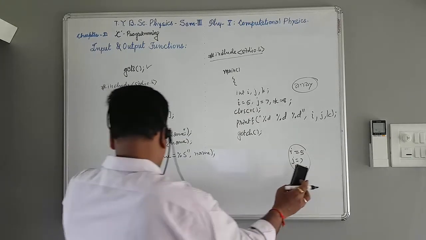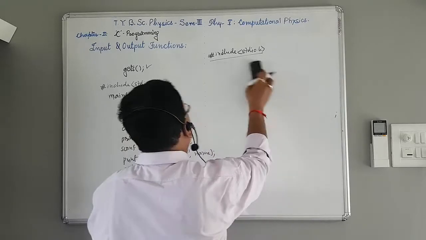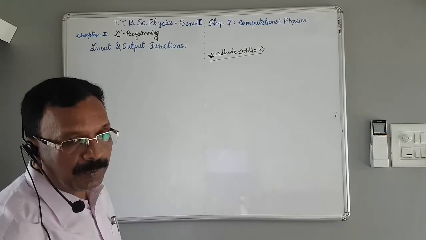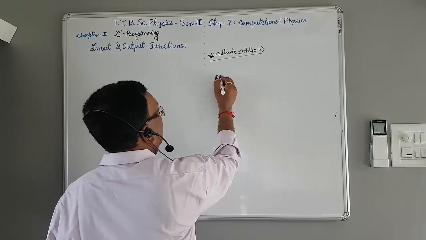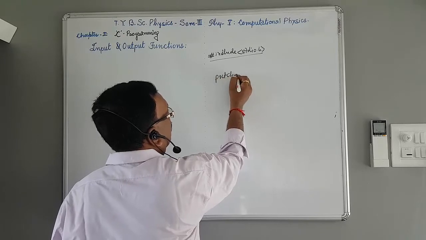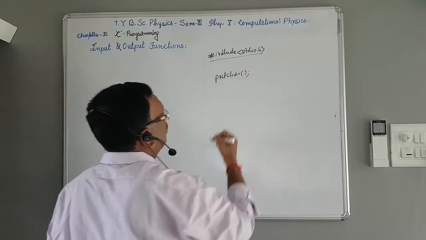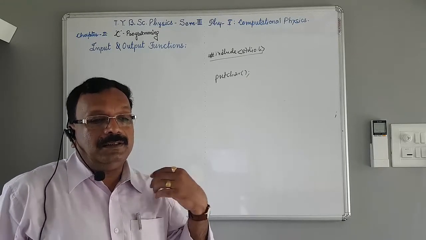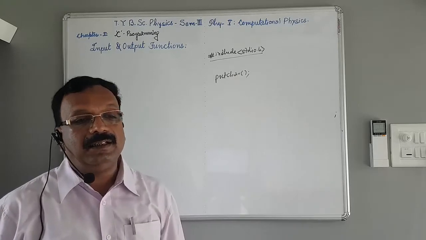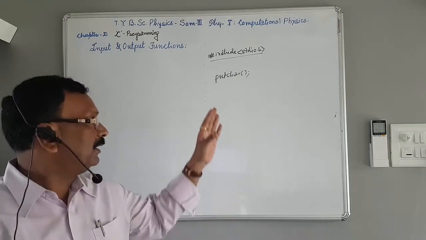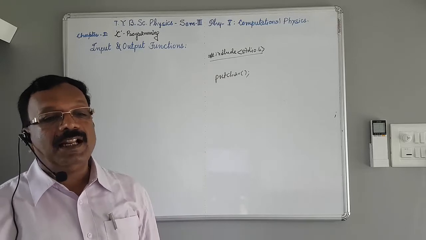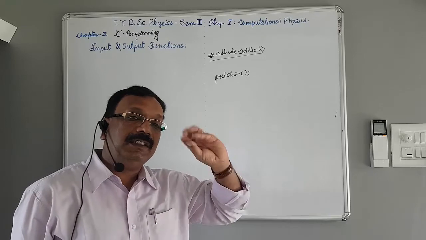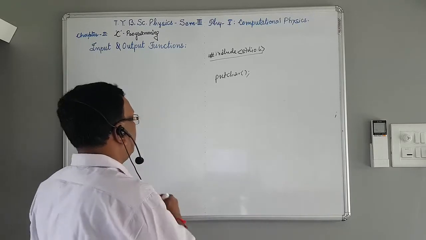Okay. Then the second output function is putchar. This is for a single character. Through this function, a single character can be displayed using the C library function putchar. It transmits a single character to the standard output device if we supplied the single character data through the getchar function.